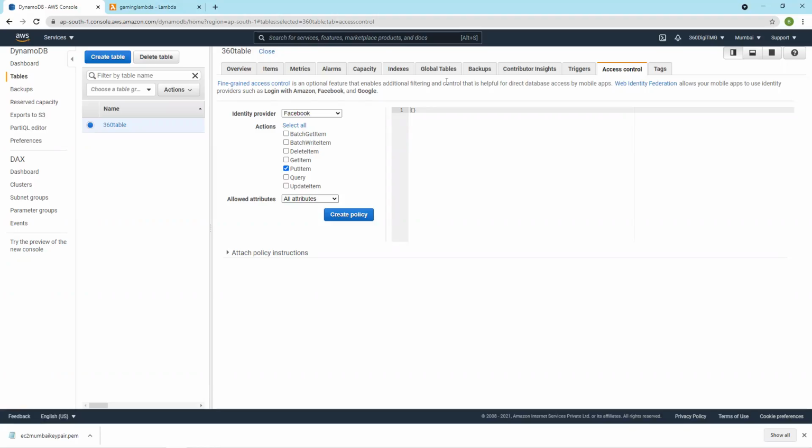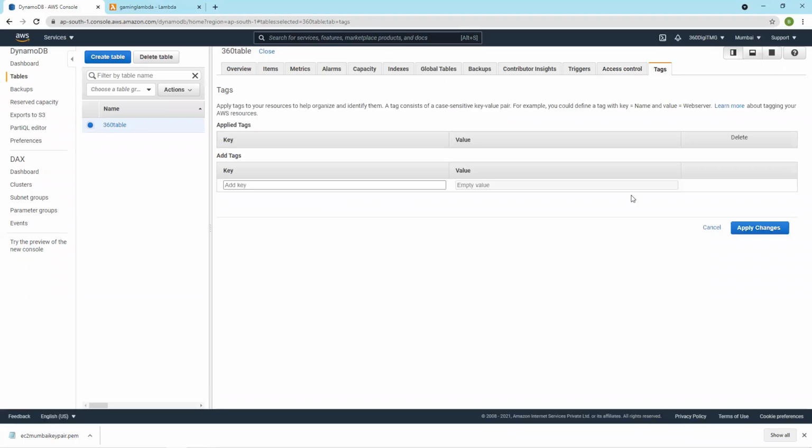Okay, let's skip this. And tags we know. You can add tags, key-value pairs, which give extra information about the table. So this is a DynamoDB table.